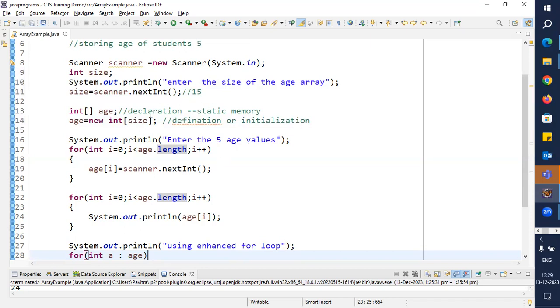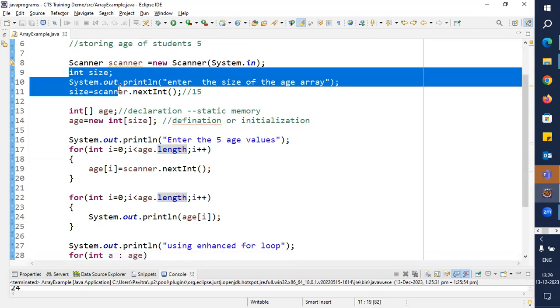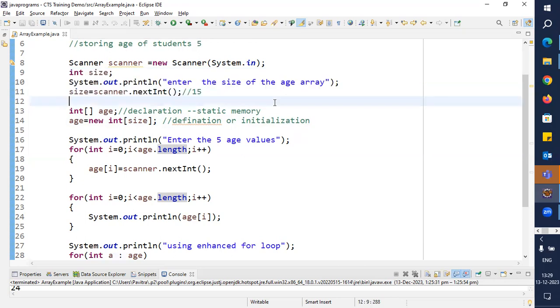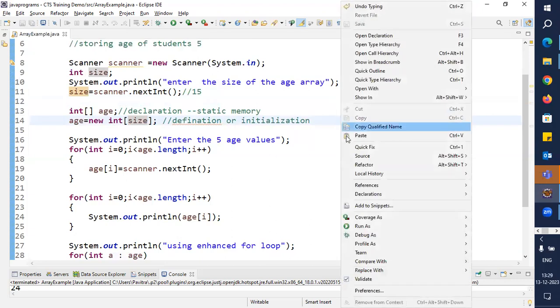See, I have done only these changes. I have taken a variable size, and I asked the user to enter the size of the age array, and then I'm reading that size and passing that size here. Initially I had given a hard coded value, now I have given that size variable here. Now if I save it and run this program,